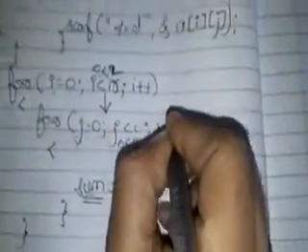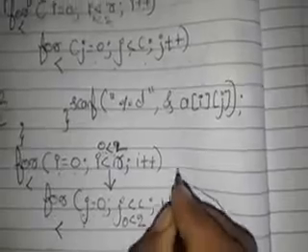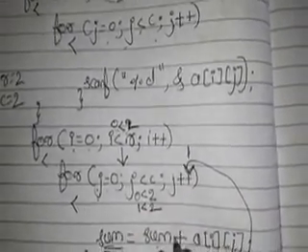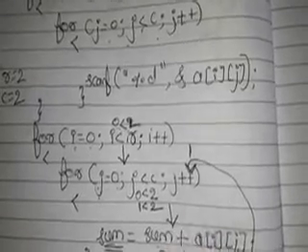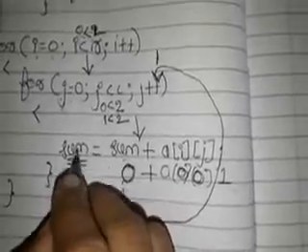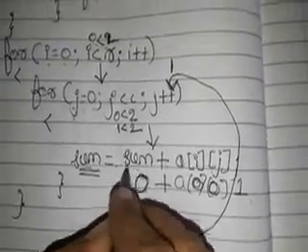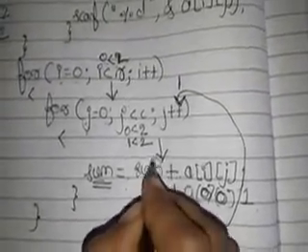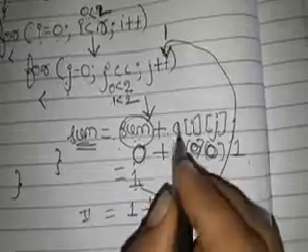So where does the control have to go now? j plus plus, because still the condition is true. Now the value of j will be 1. 1 less than 2, true or false? As it is true, it will come inside. It is very important to understand now. The formula is the same. Sum is equal to sum plus, what is the recently updated value of sum? In the previous iteration it was 1. So I have to consider now in the second iteration sum as 1. 1 plus a of ij.